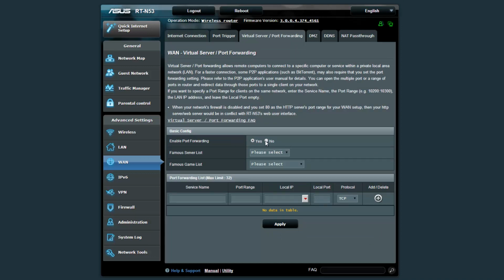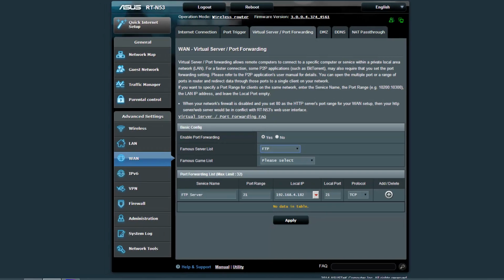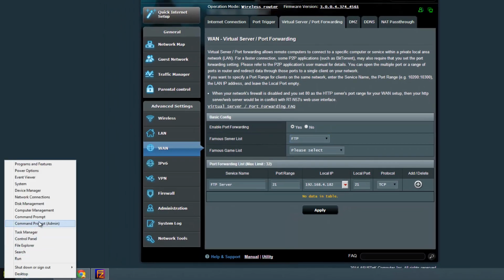Now my port forwarding is already enabled. I'm going to select from the drop down arrow FTP. As you can see, it's already created the option here for this computer. This is the IP address of this said computer. If you're not sure of the IP address of your computer, what you could do is go to the command prompt